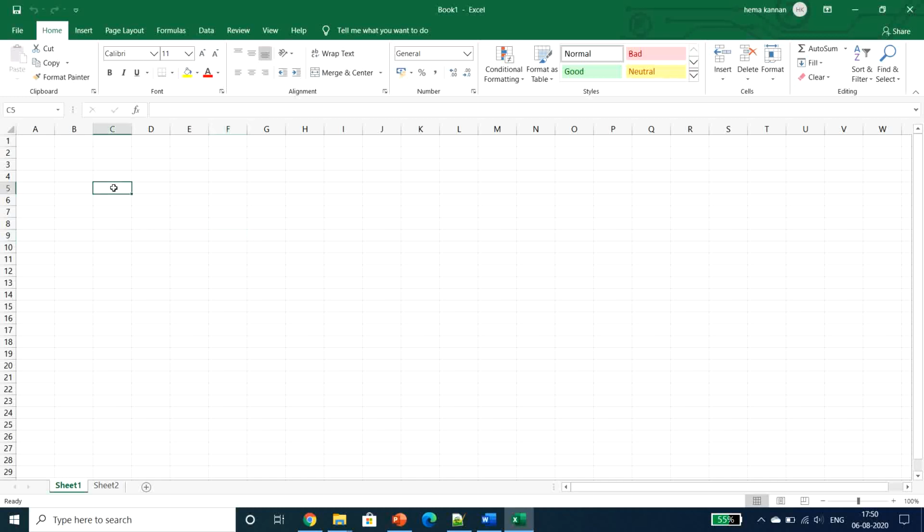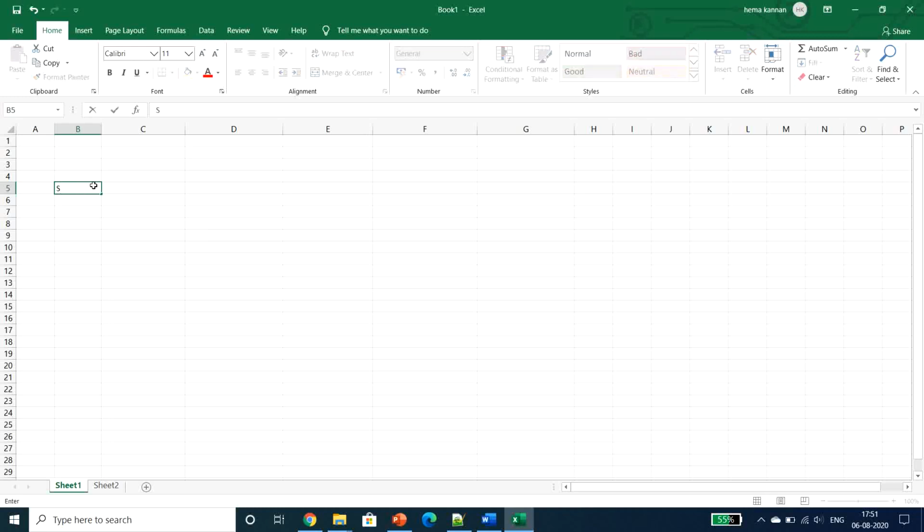So now moving on to the formatting. Right now I don't need this cell width. I need to change these cells according to my requirement. I am just going to type some names with serial numbers, and some more tweaks I can share with you. Initially for the serial number, this width is okay for me. Right now I am going to give the serial number, and this one with the name.